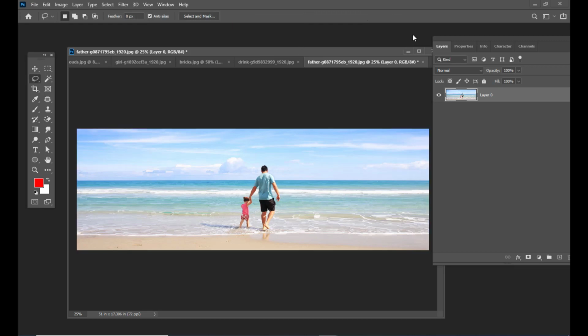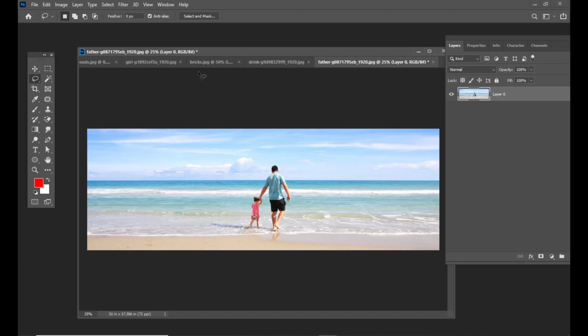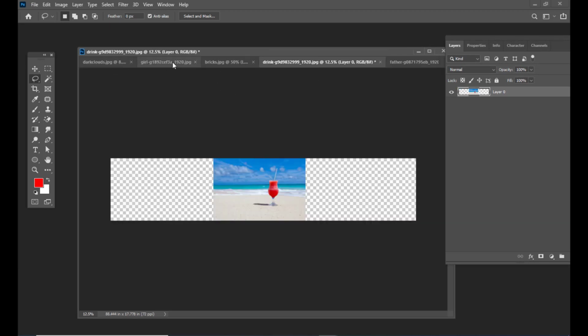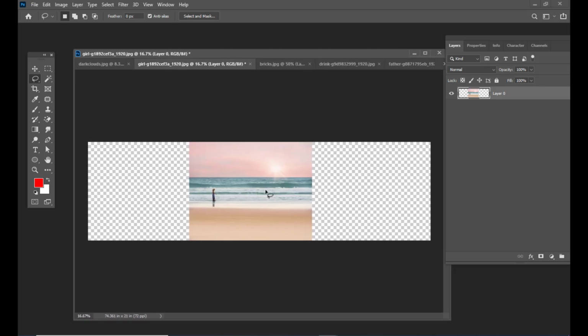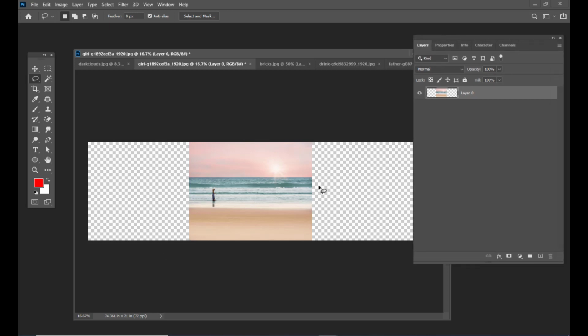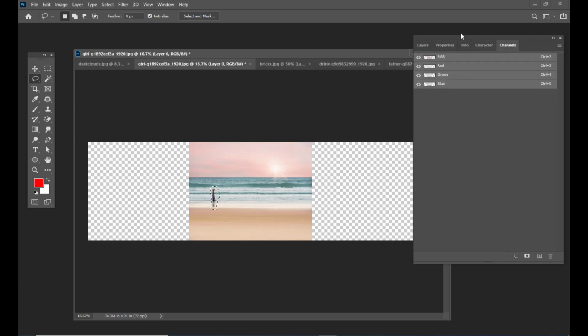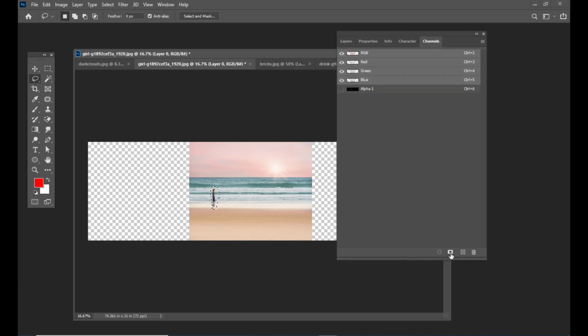So let us try to use these same techniques on some other images. Let me select this image, and here also I am going to draw a selection around this subject and apply an alpha channel.